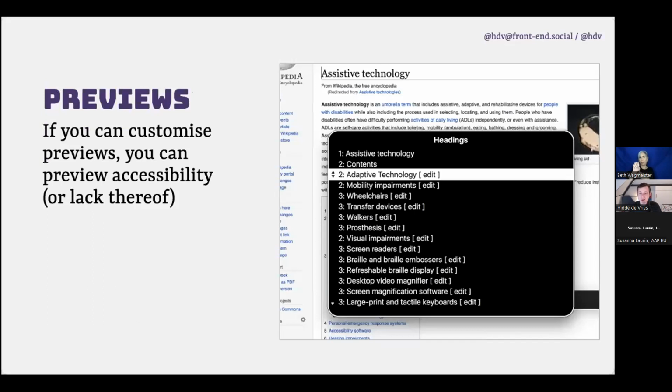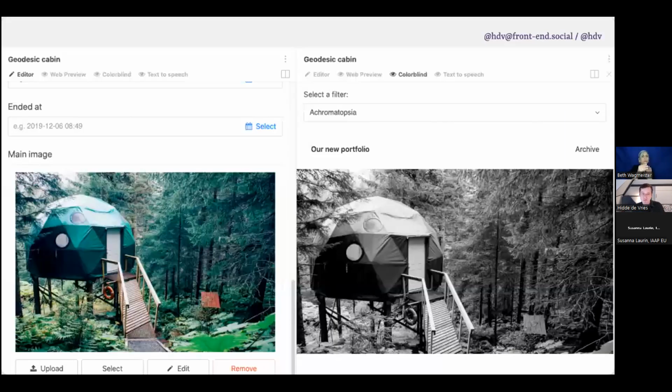Or you could do previews that are image-based, like what does this page or this image look like when someone cannot see color? Those are the kind of things that you could preview. And then an editor, even if they are not accessibility specialists, can see, hey, this doesn't actually work. Now, these kinds of examples are simulating disability. So it's not a one-on-one replacement for fully testing everything, but it can really give insights to content editors who might not know a lot about accessibility and still see, hey, maybe I should add more contrast to this image.